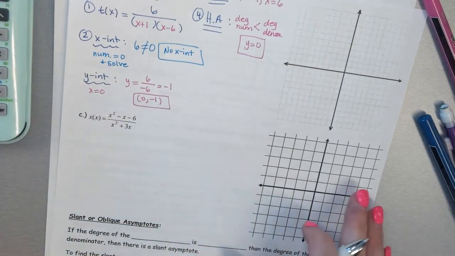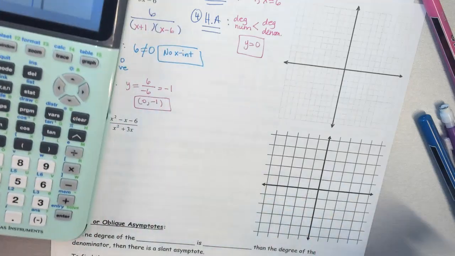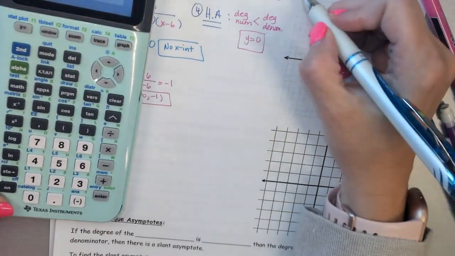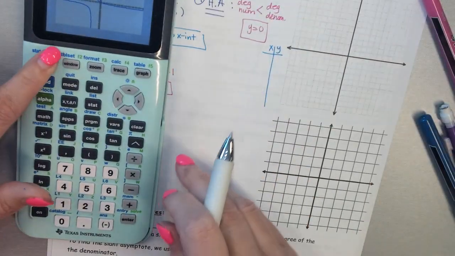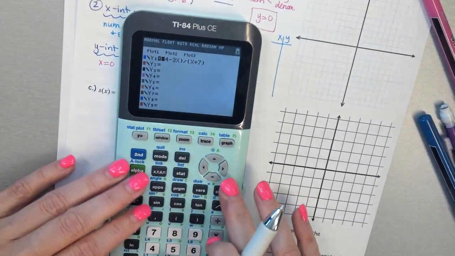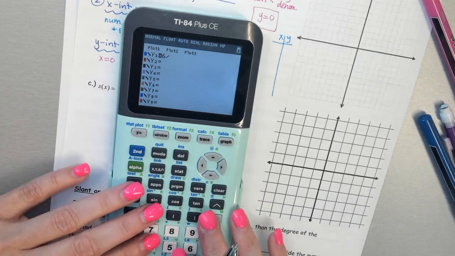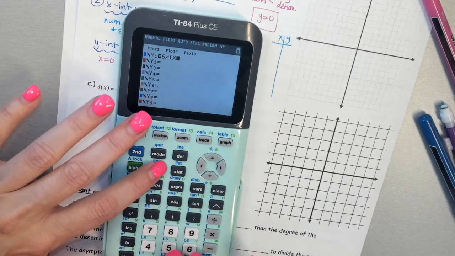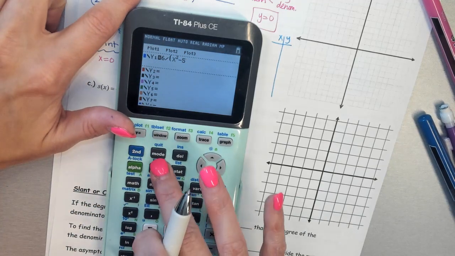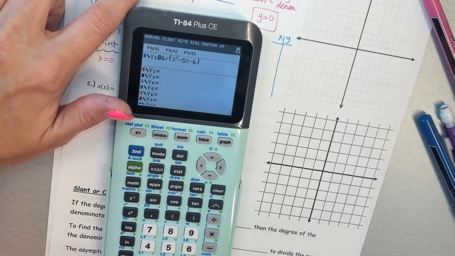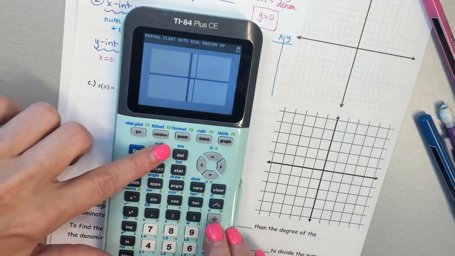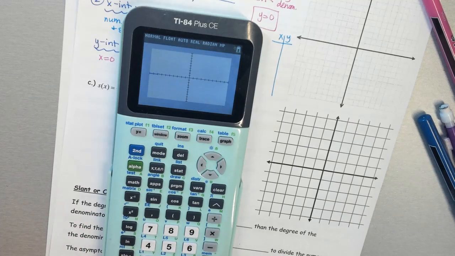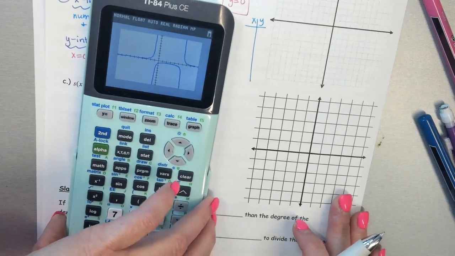All right, so then for step 5, for our chart, we are going to be graphing. So we're going to go back here, and then because the numerator is just a monomial, you don't need parentheses around it, but the bottom is a trinomial, so we want to put the parentheses. Okay, you can graph it here. Let's see if it fits in a 10 by 10 window. So I'm going to go to zoom back to my standard. Yep, I can see all of my branches in the 10 by 10,